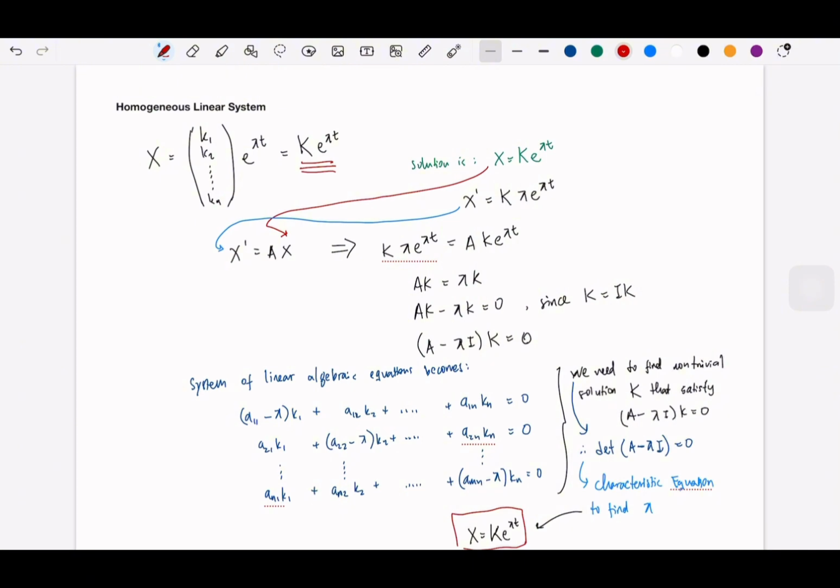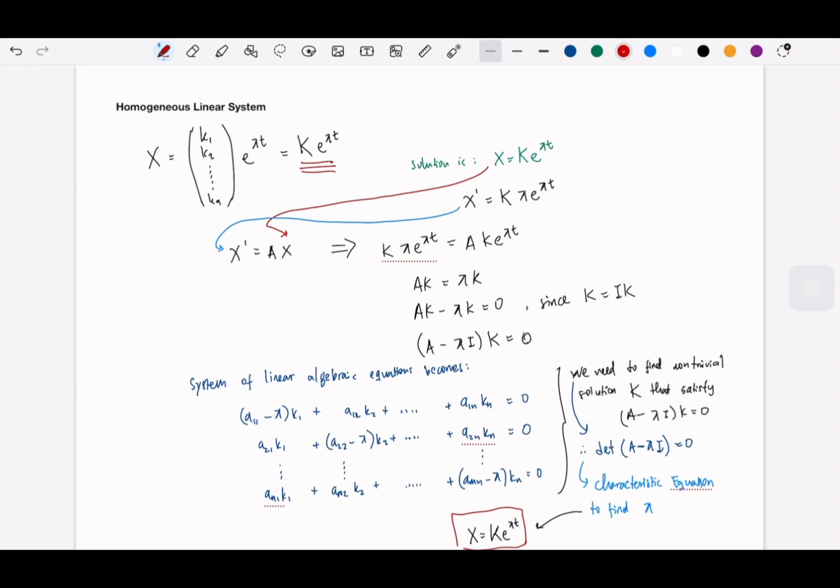Because if we remember in engineering mathematics 1 or in calculus, when we have the exponent, we differentiate many times, it will always arrive at the same equation. So that's how we get that. And from the differentials, we can also rewrite that. The idea for the eigenvalue is that it makes the matrix A, the coefficient matrix, minus lambda, multiplied with the eigenvector,